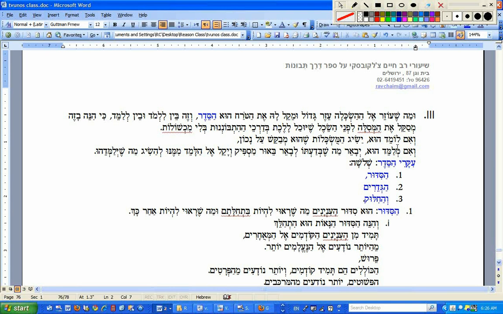Things that are presented well, like all the books I'm reading of the Ramchal, are a pleasure to learn. Things that are written or expressed in a confusing way are, of course, very, very difficult to put together. Now, v'im lomedhu yasig ha muskalos shehu mevakesh al nachon. And if he's learning also, if he has the proper seder, then he'll be able to learn things correctly.